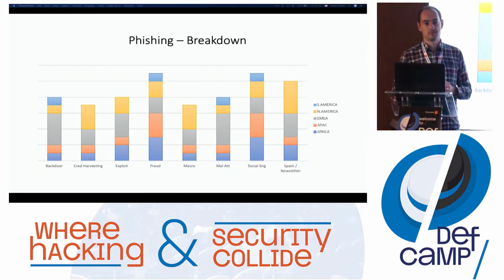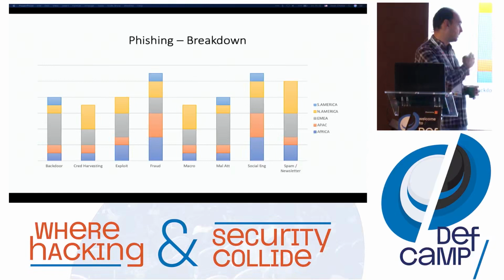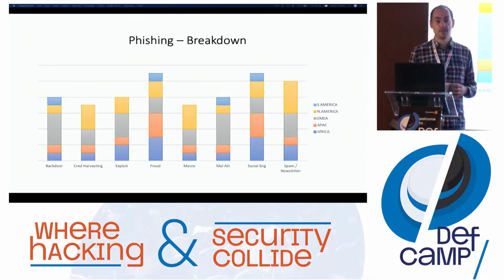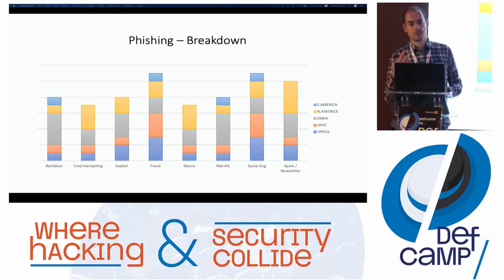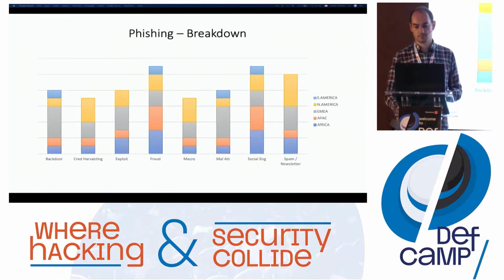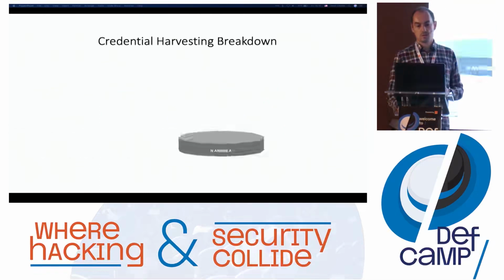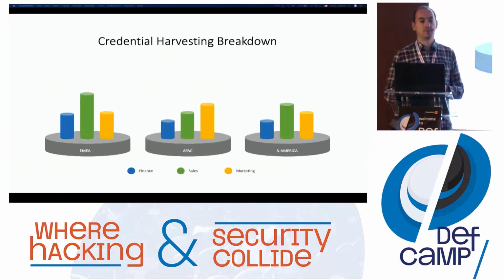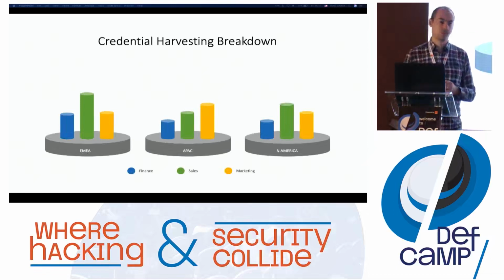Geolocation. Yeah, you've registered again over a year. You split all the phishing categories, and guess what? You see that in Africa you have fraud on the rise. Take that information with you, draw some conclusions, and use them a little bit later in the presentation. Credential harvesting, that's an important one. What about trying to understand what departments are more prone to be phished?